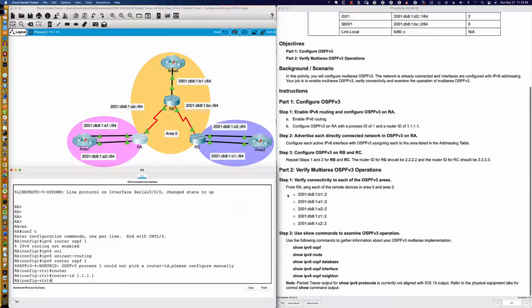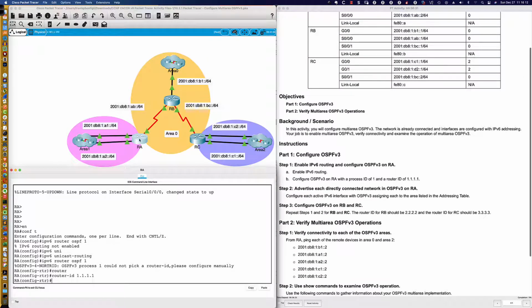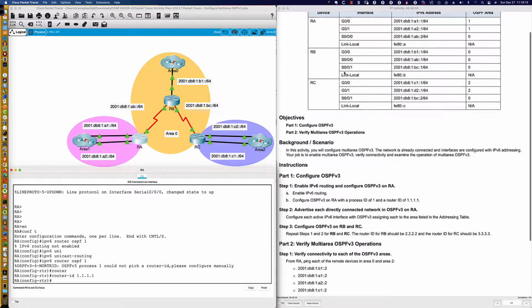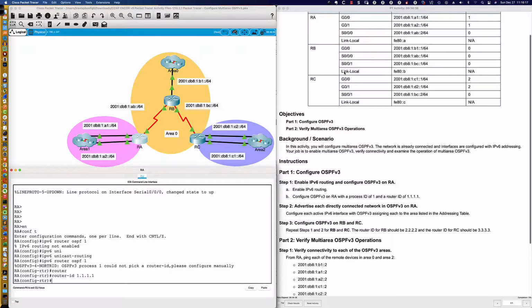Now, step 2 is we're going to configure each active IPv6 interface with OSPFv3, assigning each to the area listed in the addressing table. Again, from looking at the diagram, you really don't need to go back to the addressing table, other than maybe to see the interfaces. So it's going to be gig 0/0/1 and then serial 0/0/0. Now, this link local value is on all of the interfaces. Remember, a link local IPv6 address is